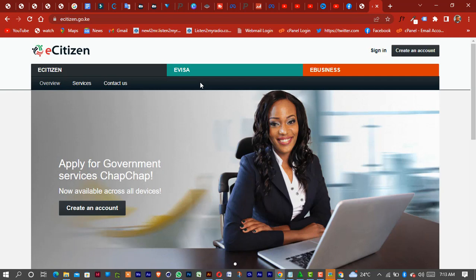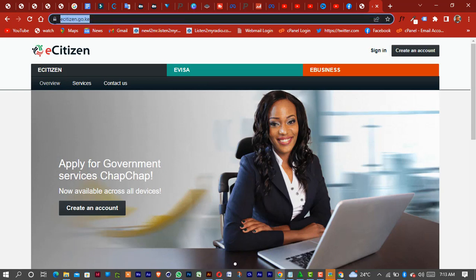First you need to have an eCitizen account to open a church, but through this guidance we will guide you on what is needed for you. So first you need to go and log in to your eCitizen account. After logging into your eCitizen account,